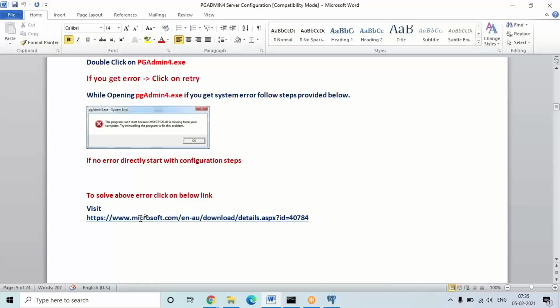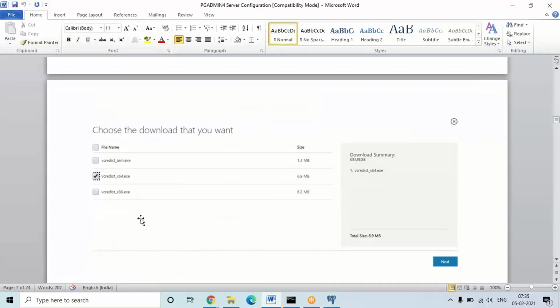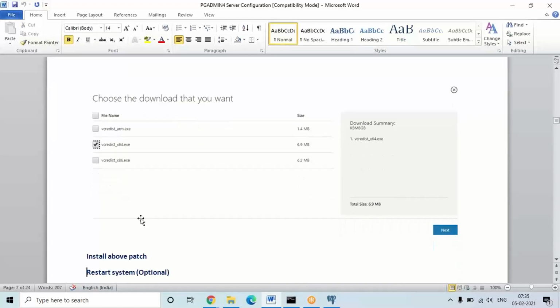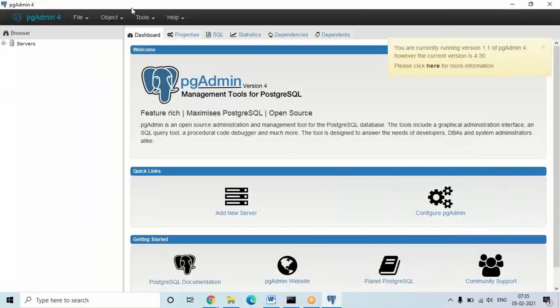Download that file and run the patch, and the issue will be resolved automatically. I have written restart system, but that is not mandatory. After you install and run the patch, click on pgadmin4 again, and it will open and display like this.